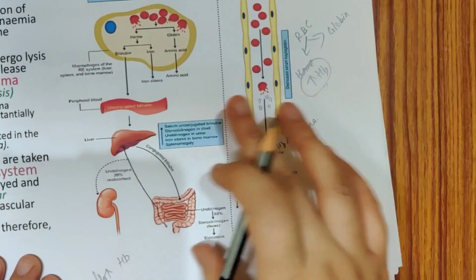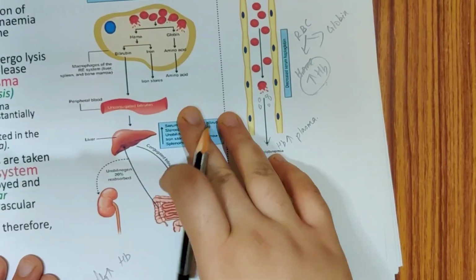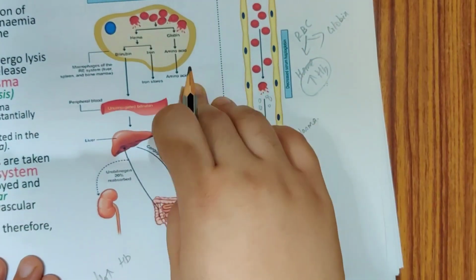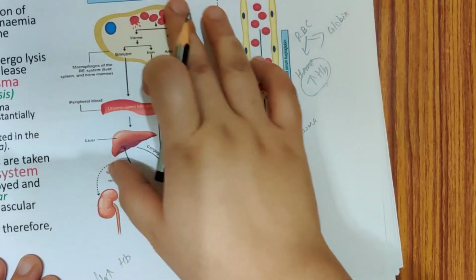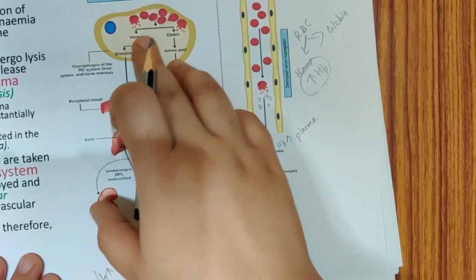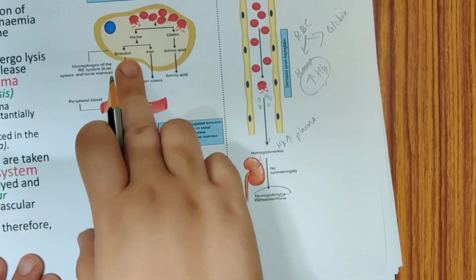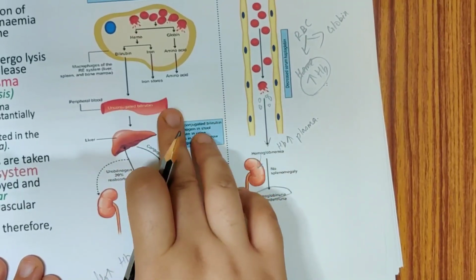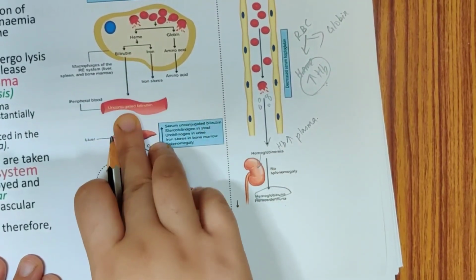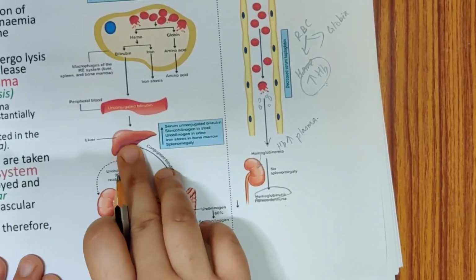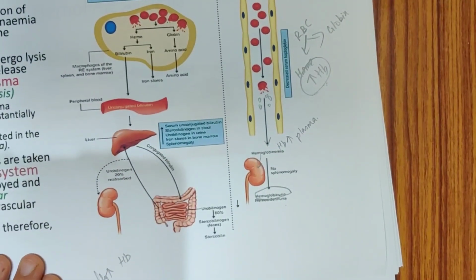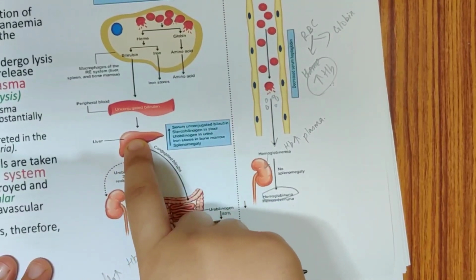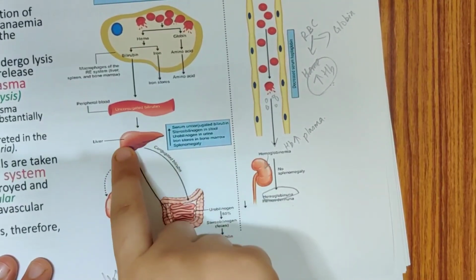So what happens in extravascular hemolysis? Your red cells are taken up by the spleen. Inside the spleen, you have the macrophages and the monocytes. These will take up the red cells, which are broken down into heme and globin. The heme will have a bilirubin part and an iron part. Iron goes into the iron stores of the liver, whereas the bilirubin, the unconjugated bilirubin, has to enter into the liver. When it combines with albumin, it enters the liver.